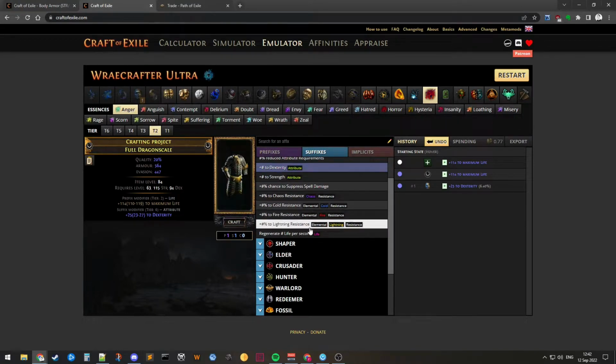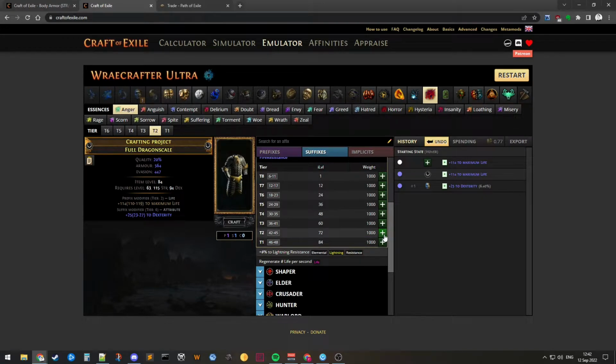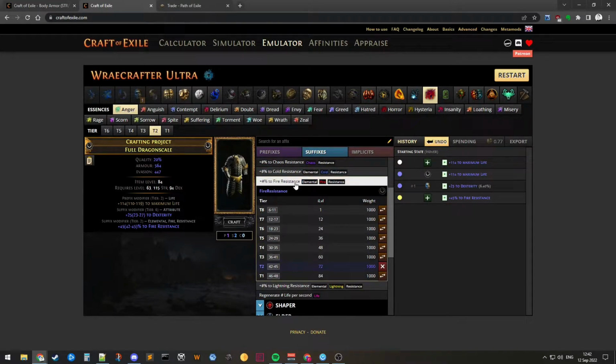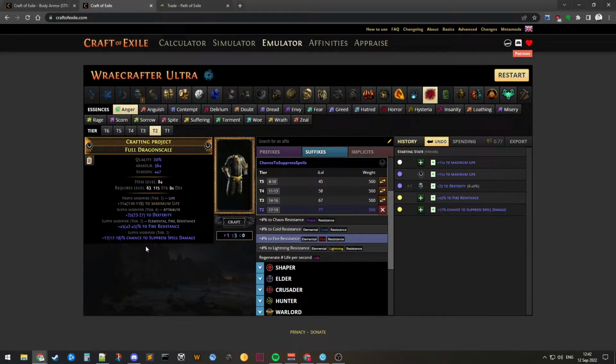So we can go for fire. We're using a fire essence, so it's not going to be the essence mod, but it doesn't really matter. Let's say we use the tier 2 one. So we only get tier 2 fire res. It's already pretty good. Go for tier 1 if you want to. And we also happen to, at some point, hit chance to suppress spell damage. So